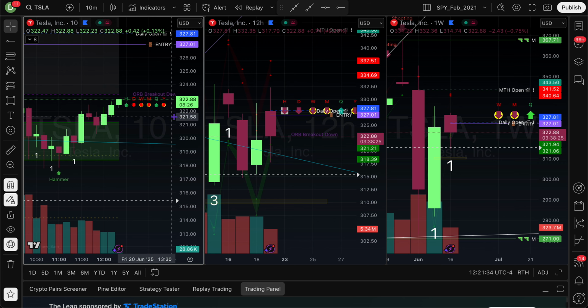Being flexible and fluid. You don't have to be attached to the bias that you have in the morning. It's just to help guide you. If the bias is wrong, the day flips, there's some sort of signal that, hey, you're incorrect, just flip the other way.